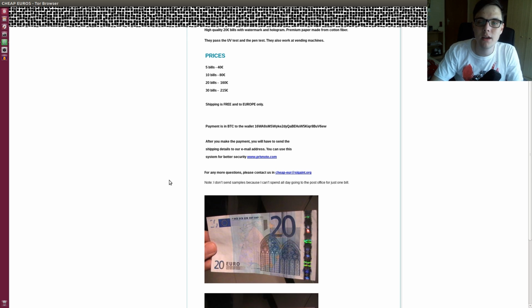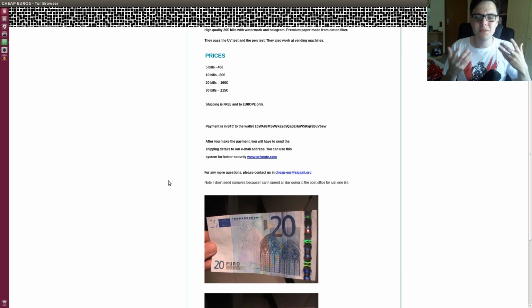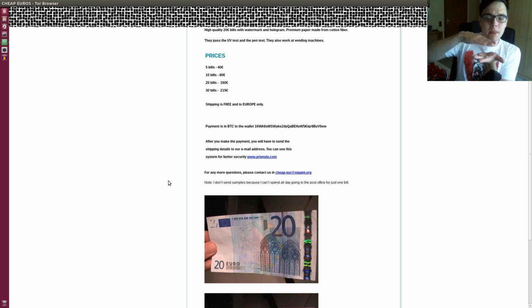But I want a sample. I want to see if it's good or not. Can you at least come over here and show me your whole palette of stuff? Can I get it in a different shade of blue? Or can I get it slightly bigger? Because my wallet always feels so empty. So if I get these fake bills and they are a little bit bigger and they pop out at the top of my wallet, that would be boss. That would be boss, right?